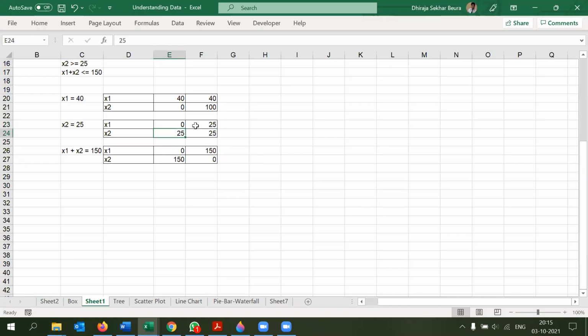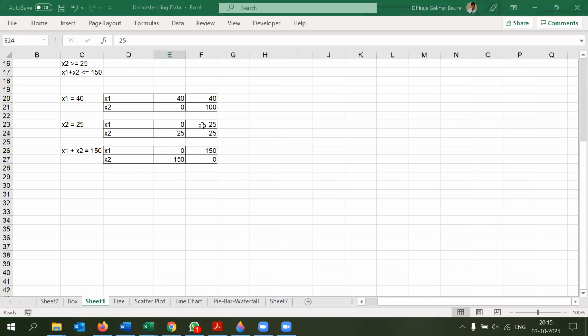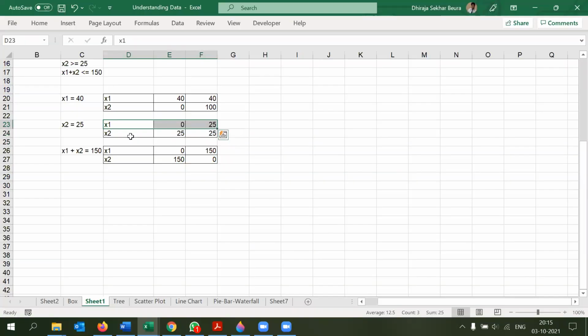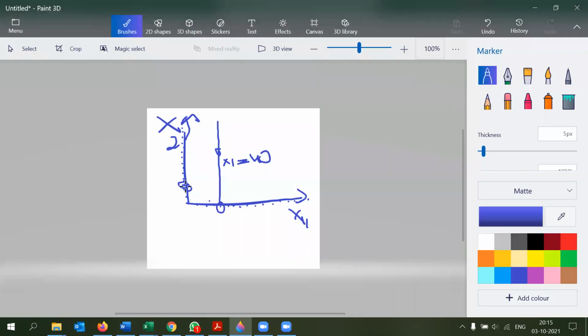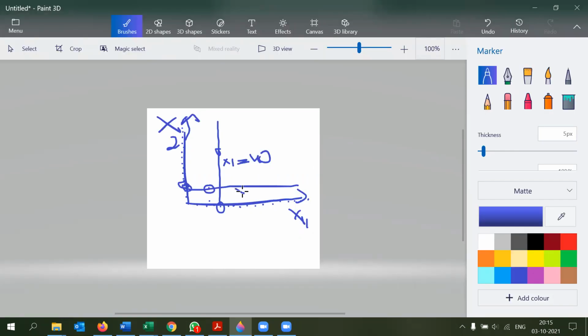So the second point is (25, 25). On the x-axis it is 25, because for x1 it says 25. Let's go to 25. Here is 25. Now x2 is also 25, so 25 is this line. If you join both the points that you got, the line should be like this. Always write the equation, as I said. So x2 equals